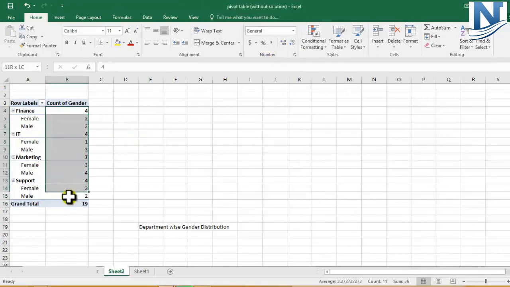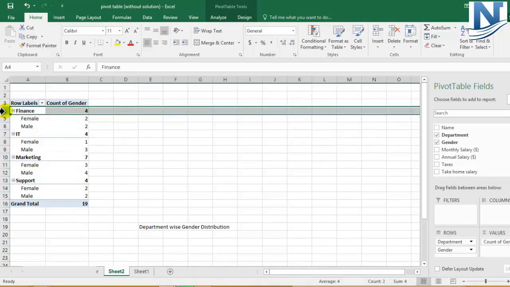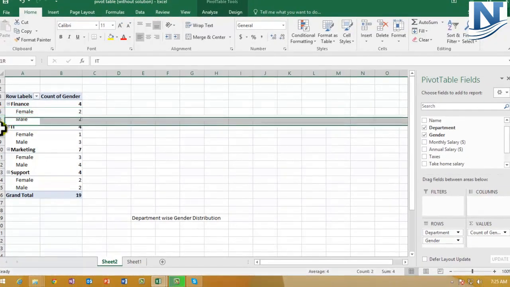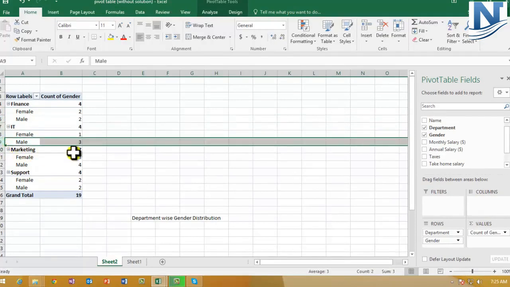So can you see now number of males and females with respect to department you can easily see. For example, in finance there are total 4 employees, out of which 2 are females and 2 are males. Similarly in IT there are 4 employees, 1 is female and 3 are males. In marketing and in support also you can see the respective distribution of males and female employees.